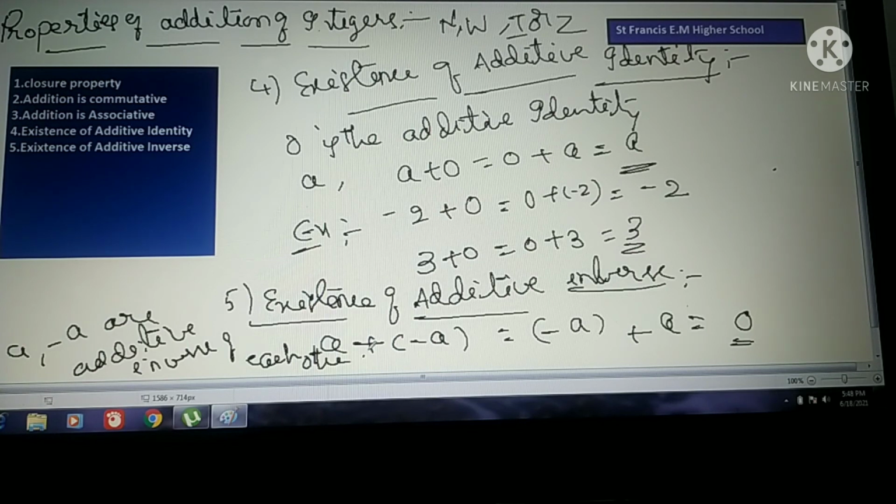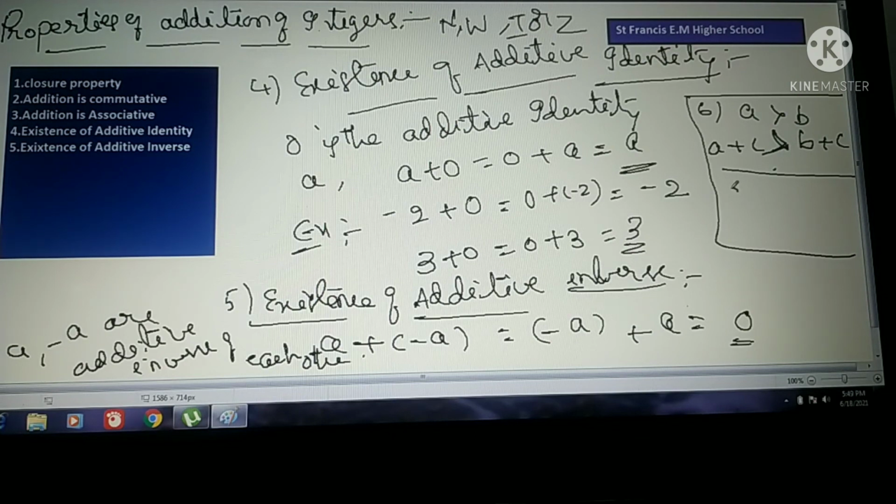Okay. So two more results are there. See here, I will explain here. In addition to these properties, another one is there. What is that one? If a greater than b, if among the given two integers a is greater than b, if we add another number c to this side, a plus c greater than, on this side also I am adding plus c. Okay? So if a greater than b, if we add the same number on both sides, the result will not change. That means the greater than symbol will be greater than only.